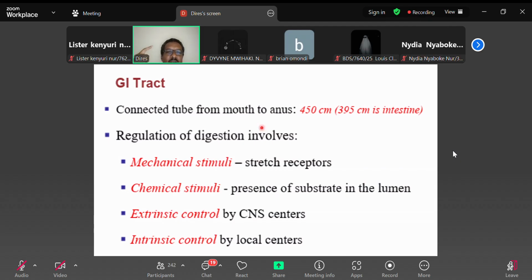How do muscles respond? Muscles respond by contracting and relaxing. You see, that is peristalsis and segmentation. Muscles respond by contracting and relaxing. Glands respond by increasing secretion. Salivary gland, pancreas, these are glands. When they are stimulated, they secrete. You remember the two responses of the GIT are secretion and motility. Secretion and motility are results of muscle contraction and glandular secretion.